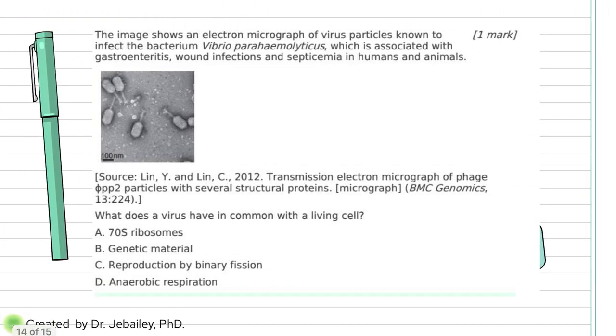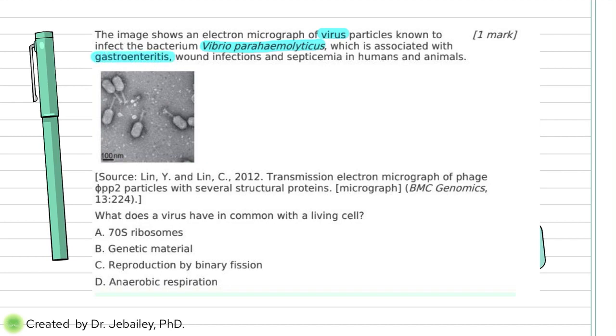All right, the next question here. It says the image shows an electron micrograph, and we're going through so many electron micrographs, of a virus. So it already gave you the answer that it's a virus. It's electron micrograph of virus particles known to infect a bacteria. So it's a virus that is affecting a bacteria known as Vibrio